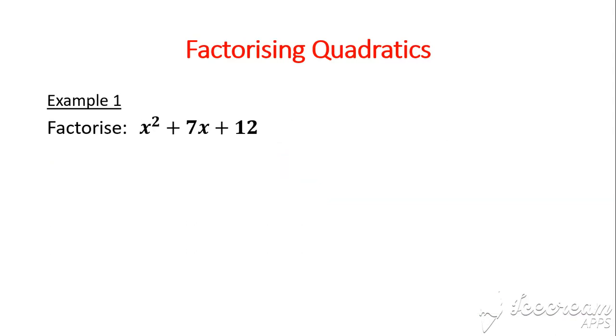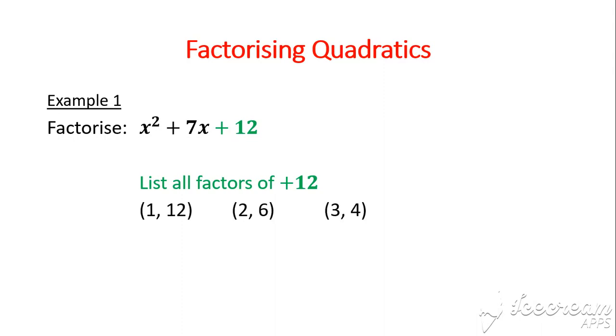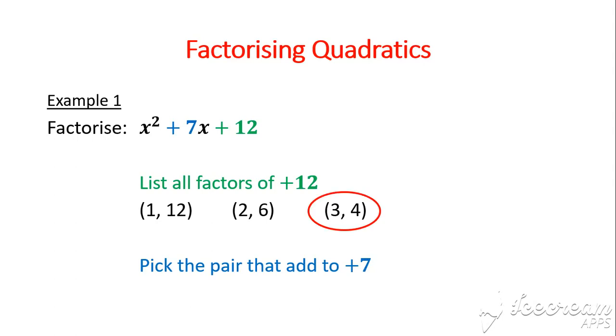Right, here's our first example. Let's factorize x squared plus 7x plus 12. So we're going to start off with this constant by itself, the plus 12, and list all the factors of positive 12. 1 times 12, 2 times 6, 3 times 4. Now we want to pick the pair that adds up to positive 7. So that's the 3 and the 4. So now we can write it into factored form, which is going to be x plus 3 times x plus